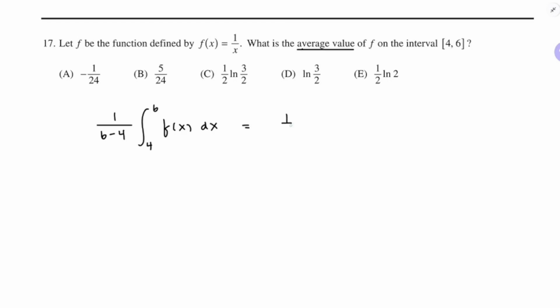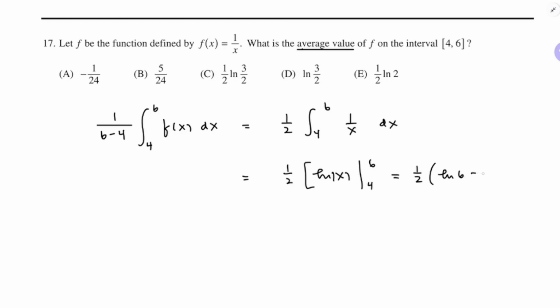So that's going to be 1/2 of the integral from 4 to 6 of natural log x. This one's going to also apply a log property, okay? So that happened twice in one problem set. That's obviously unrealistic. That's not going to be happening to you anytime soon. Wait. No. I'm way ahead of myself. f of x is 1 over x. The antiderivative is natural log of the absolute value of x. There we go. So 1/2 of natural log 6 minus natural log 4,